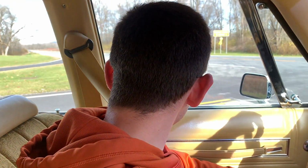This car's almost, I think, 19 and a half feet long. It's as big as an F-150. It's incredible, and they just don't make cars like that anymore. And I love it. I love cruising around. It's like you're floating on a cloud. And it's a bummer my generation isn't as appreciative as I am, but